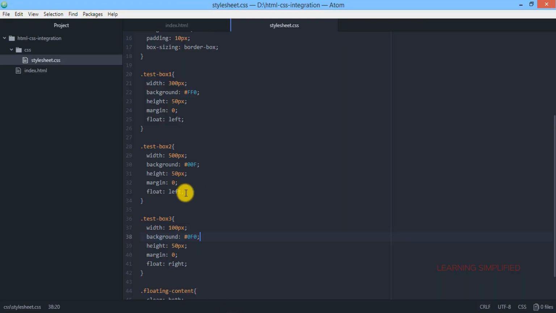So we can see now that we have created 3 successive columns. In the third box, we can see that there is a clear gap. This is due to a mismatch of width. If we need to create some kind of consecutive blocks, then this is 500 plus 300 pixels equals 800 pixels. We will now provide another 200 pixels here, reloading. No, this is not the same.